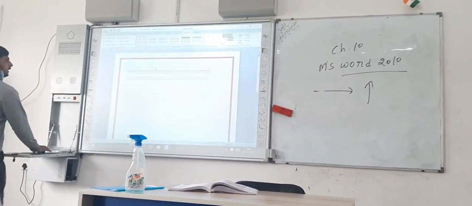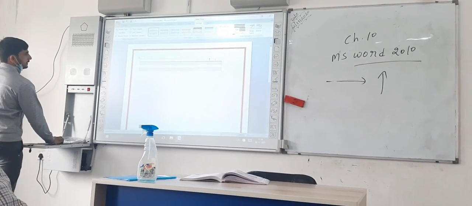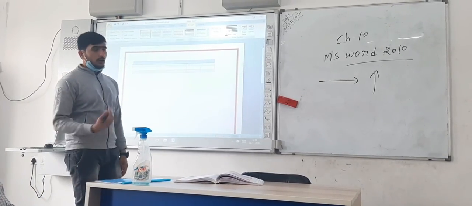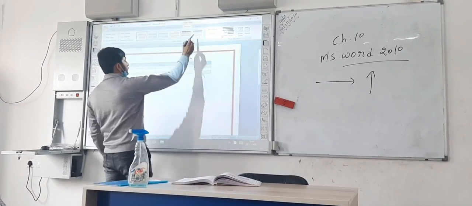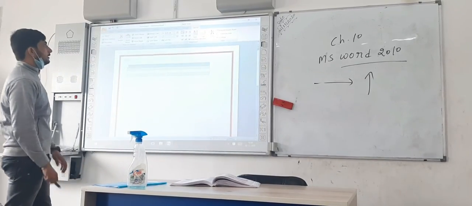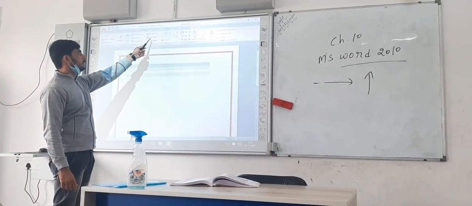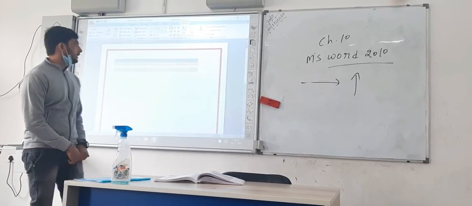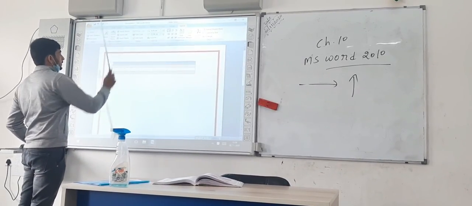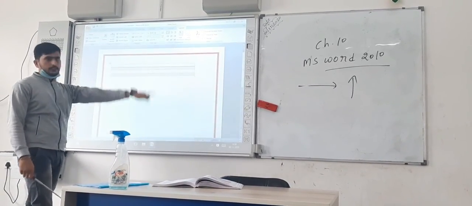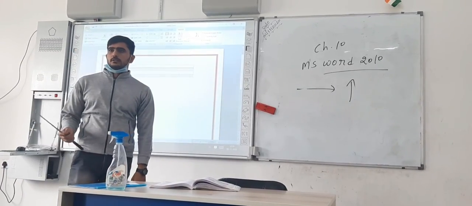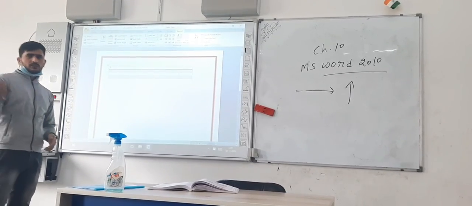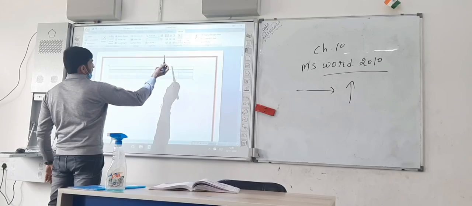What should I do for that? First I need to select this text. Okay, I have selected this one. What I can do is go to the layout, and you will see merge cells, split cells, and split table. So there are three options. The first one is merge cells. When you click on that, you will see that cells will be merged. But I don't need that; I want my boxes to go back to the same state.